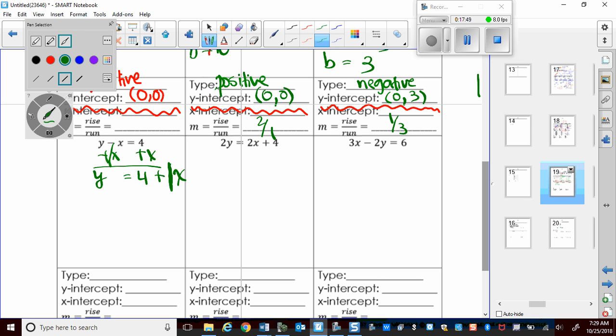So, highlighting important things here. My slope is the number in front of x. My y-intercept is the number added or subtracted. So here